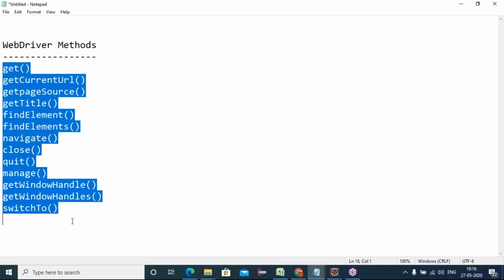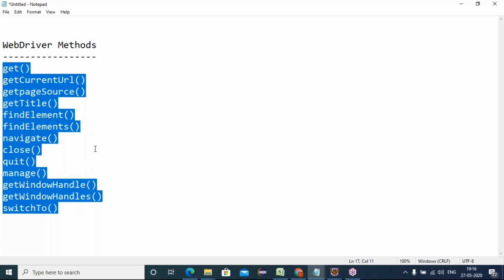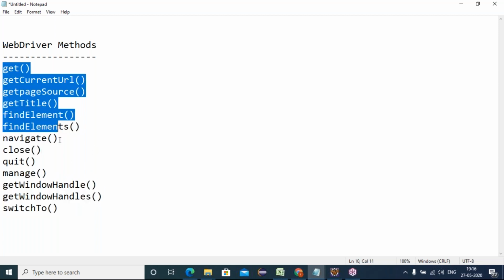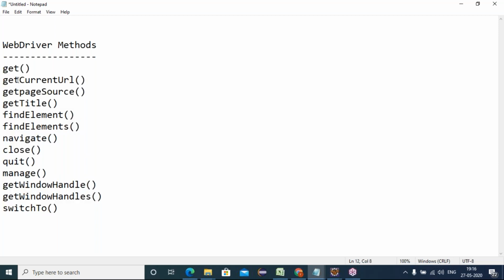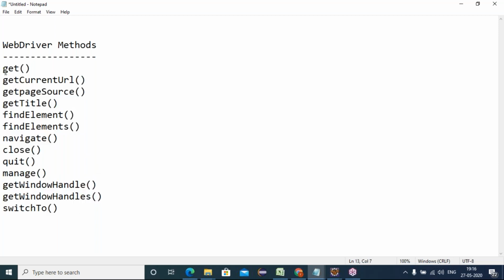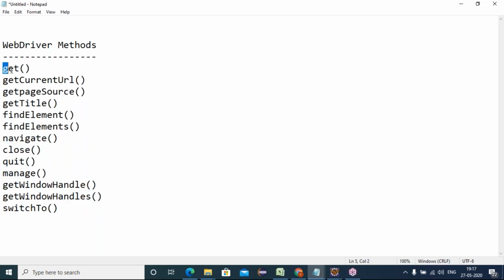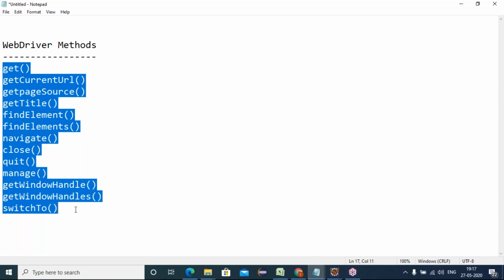No, these are not static methods, friends. Sorry, I made a mistake. These are all normal methods only, not static methods. These are all normal WebDriver methods, instance methods. Okay? Fine. So now, friends, is everyone clear, right? All these 13 WebDriver methods. Now, let's talk about